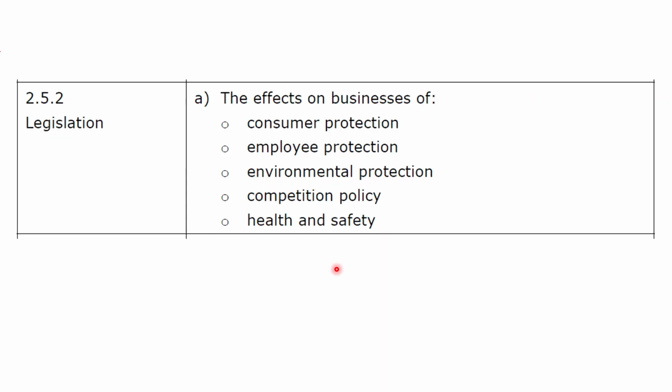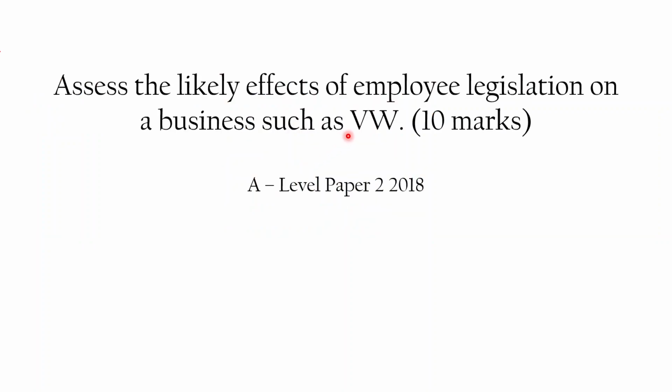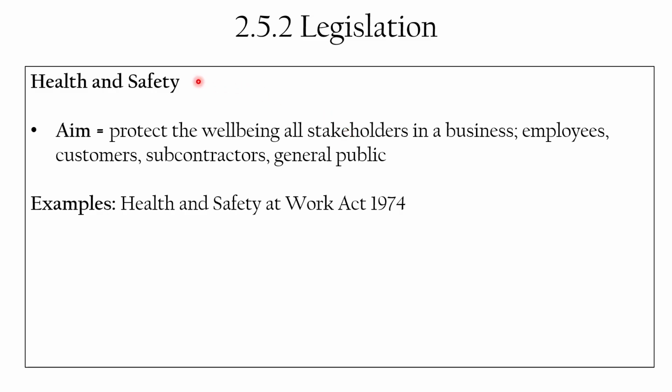what the difference is and why health and safety law doesn't come under employee protection: health and safety law applies to any stakeholder that a business comes into contact with. So that could be a customer, it could be a member of the public. Imagine a building site where you've got people walking past. If people are injured as a result of that building site, that would be covered under the health and safety legislation. So yes, it affects employees, but it affects other stakeholders too, which is why health and safety has got its own separate part